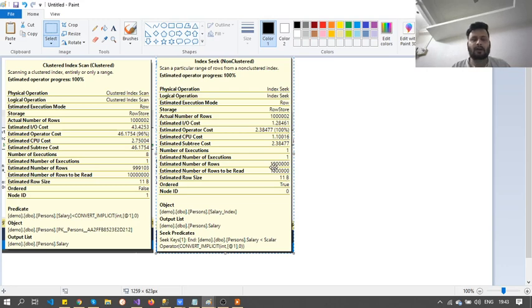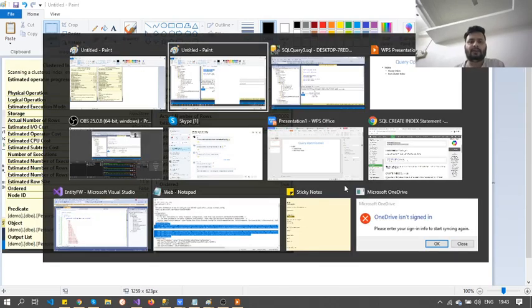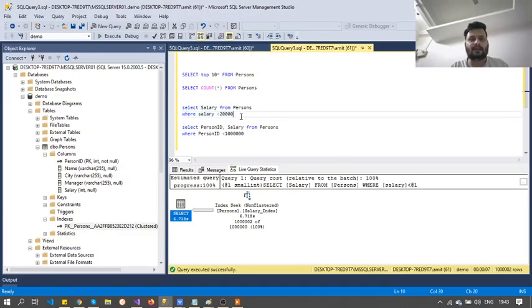So now I am only reading the rows that are required, because I am using only the columns that are included in the index, right?